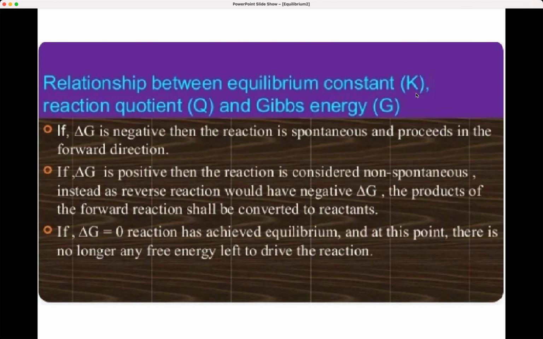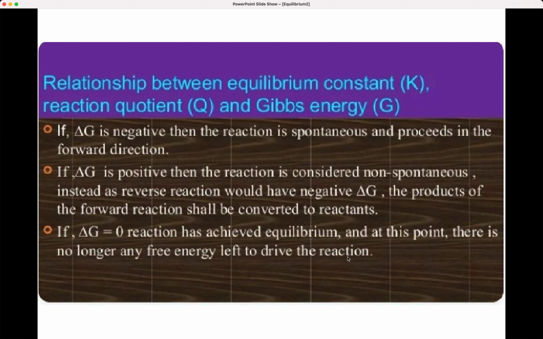Now what is the relationship between equilibrium constant K, reaction quotient Q and Gibbs free energy G? The relationship between these three is very important. If delta G is negative, the reaction will be spontaneous and it proceeds in the forward direction. All these concepts I am repeating again so that they will be active in your brain without forgetting. And if delta G is positive, then the reaction is considered non-spontaneous. Instead, as the reverse reaction will have negative delta G, the products of the forward reaction shall be converted to reactants. If delta G is 0, the reaction has attained equilibrium, and at this point there is no longer any free energy left